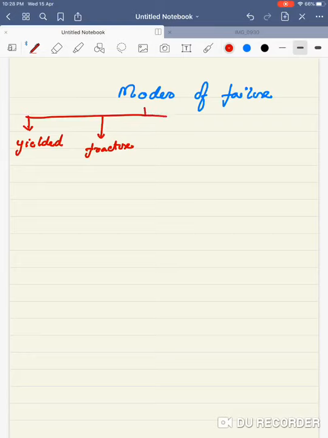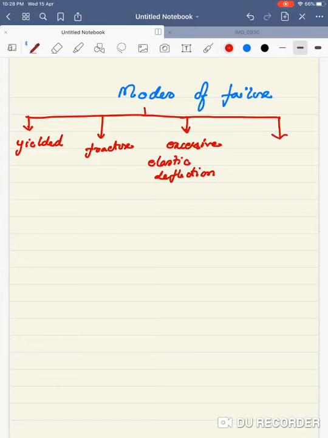Similarly, even excessive elastic deformation, deflection, can be thought of as failure. For example, you are building a bridge and the bridge moves so much that it throws your vehicle off balance. That is not sustainable in an engineering design. So excessive elastic deflection can also be there. You can have large deflection from instabilities, okay,